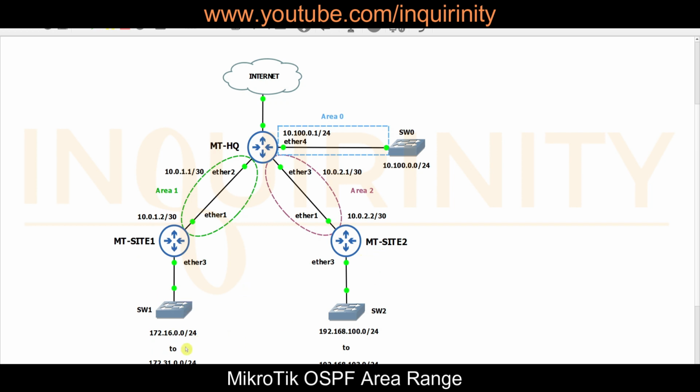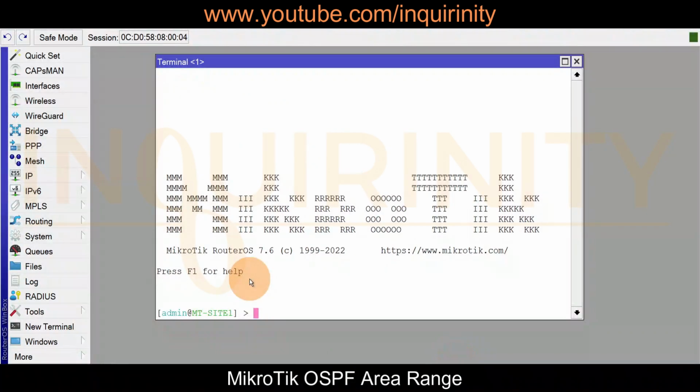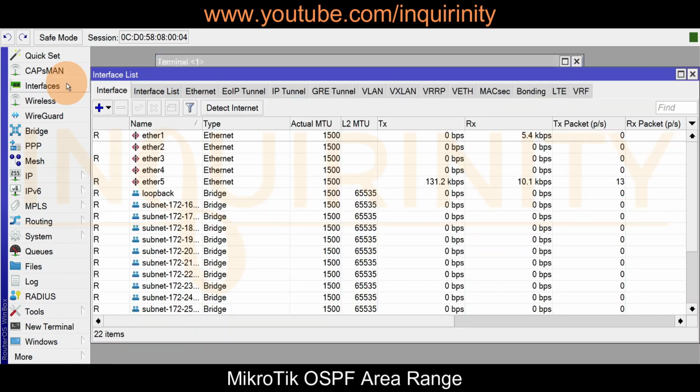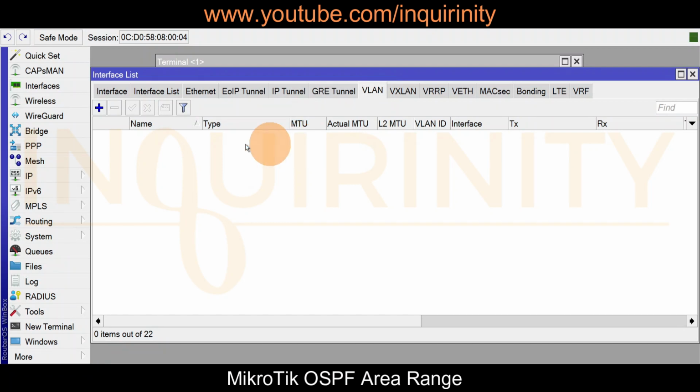So let's say on our Site 1 we have the range from 172.16.0.0/24 down to 172.31.0.0/24. And our Site 2 will have its range from 192.168.100.0/24 up to 192.168.100.30/24. So for our Site 1 local area networks, of course I could perhaps create many VLANs for that,